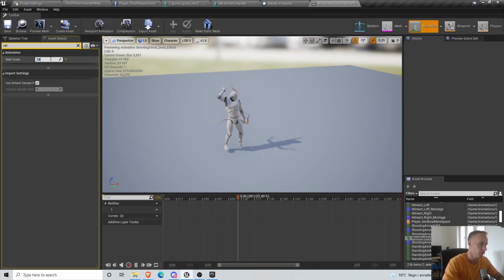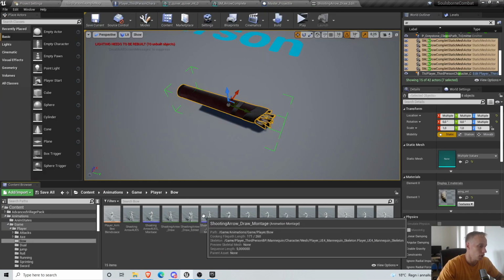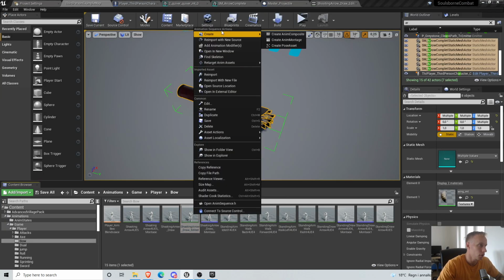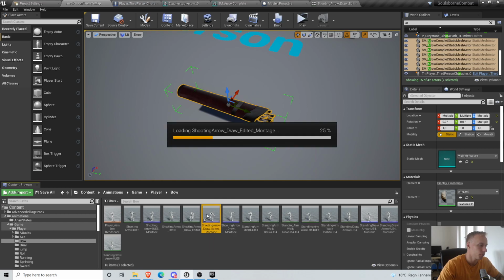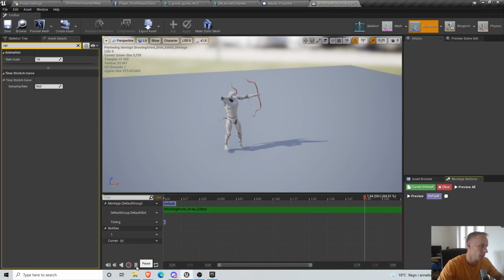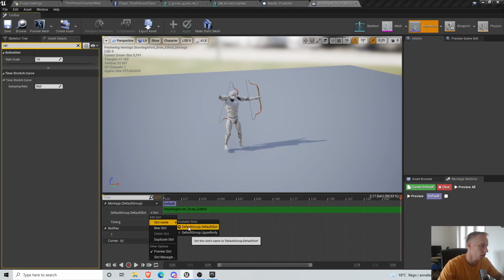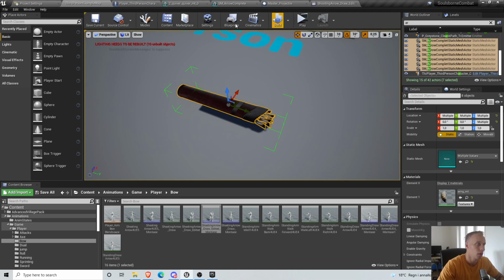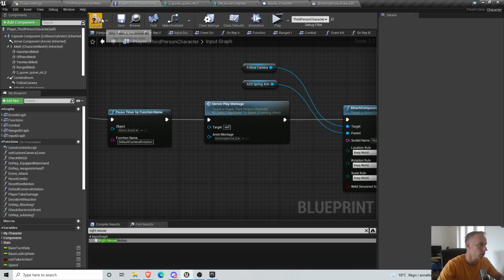I'm actually going to speed it up even more, and that's good. And we are going to create a montage, and we only want it in the upper body, and we are going to use this montage here, and then we're going to need to edit it a bit more to actually see